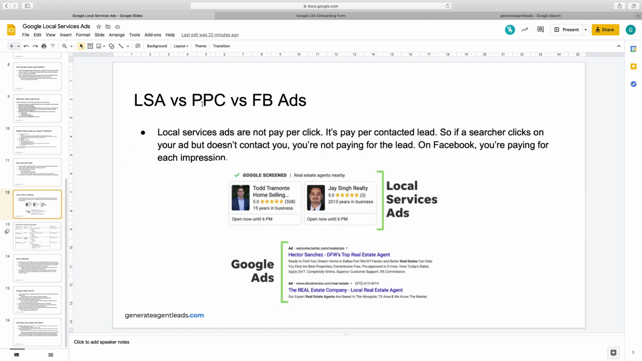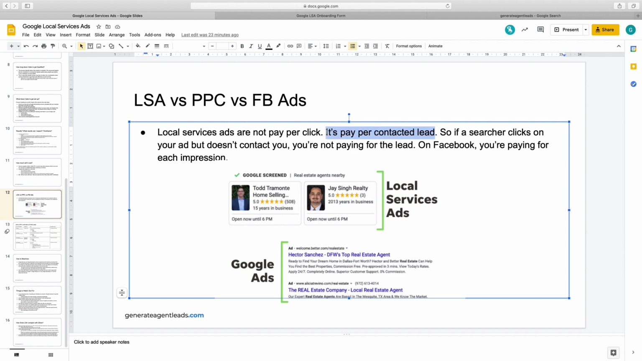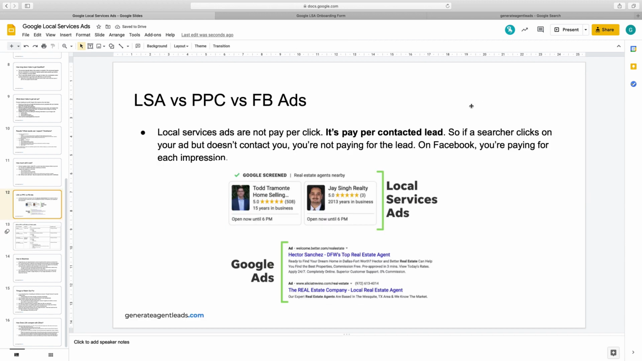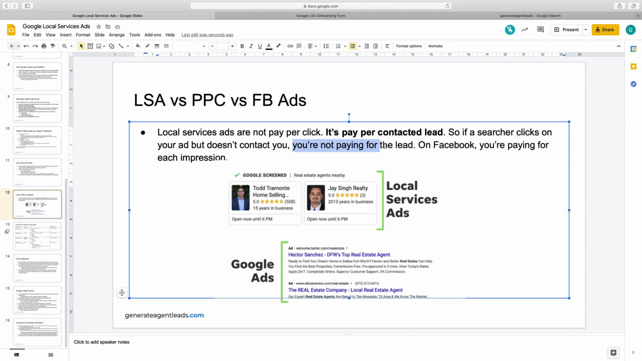So LSA versus PPC versus Facebook ads. Local services ads are not pay-per-click, guys. It's pay-per-contacted lead. Remember that? It's a big, big statement. Pay-per-contacted lead. Let's actually bold that. If a searcher clicks on your ad but doesn't contact you, you're not actually paying for the lead, which